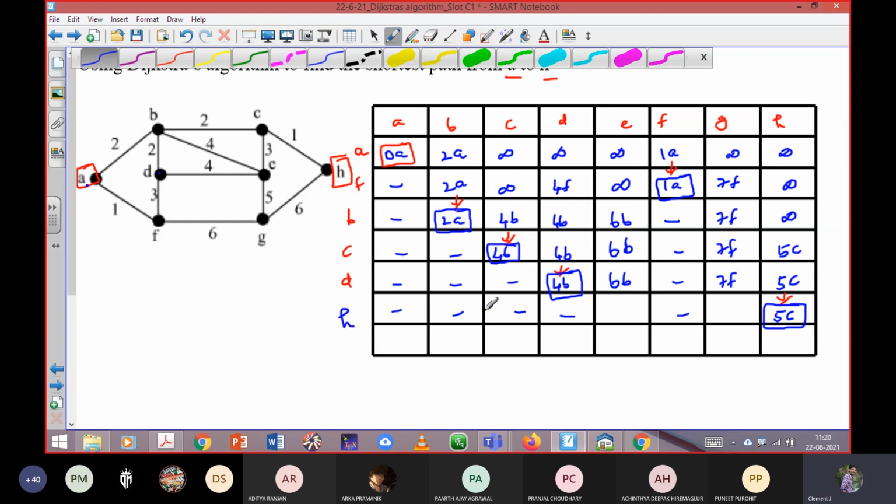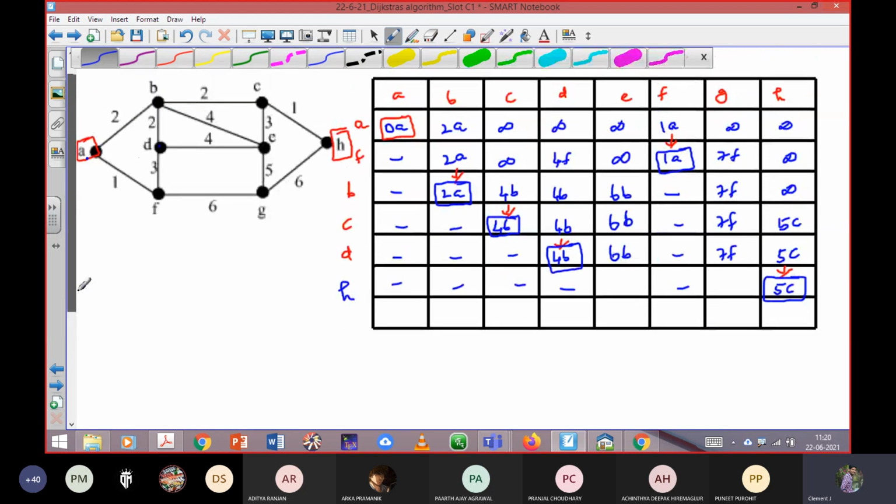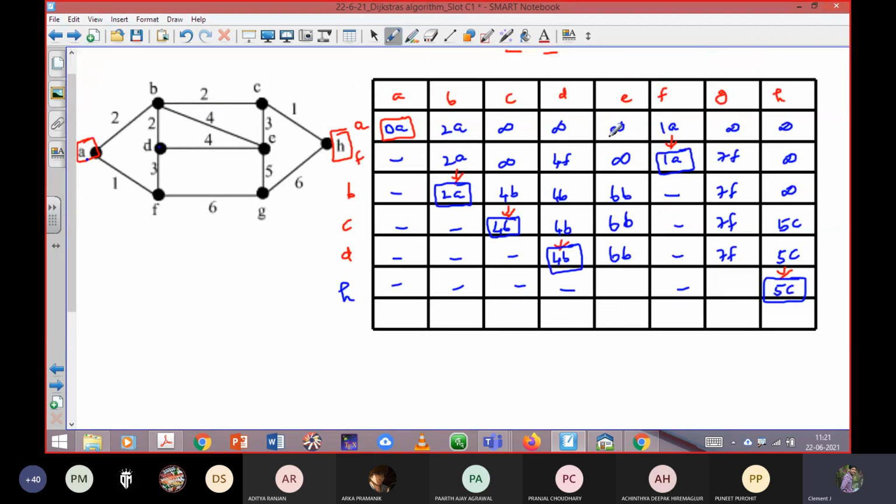So H. That's it. Once you have reached H, your destination vertex, that boxed entry means you can close the problem. That will be the shortest length to travel from the vertex A. Already one person has raised a doubt, so that can be clarified now. That person asked, sir, why are we following the preceding vertex, and not mentioning the origin vertex?